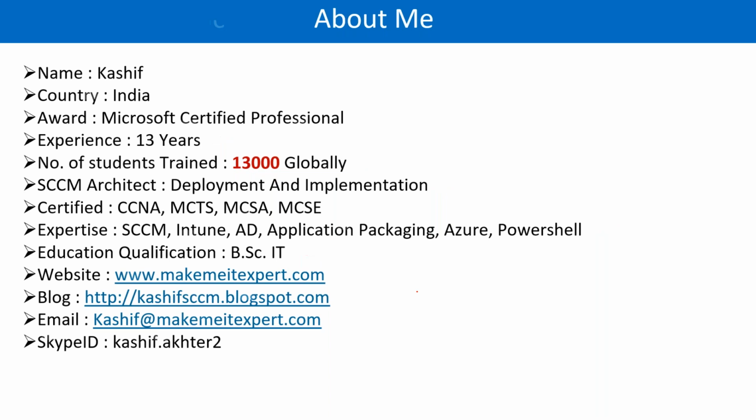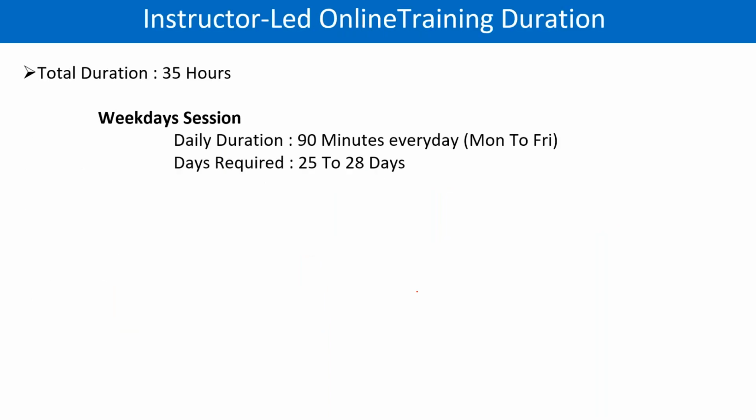Let me take you to the next slide, which talks about the duration of this training. So we will be doing 4 weeks training. Okay, this will be 4 weeks training, complete 1 month. So Monday to Friday. India time 6:30 a.m. to, sorry, not 8. 6:30 to 7:45. Some days we might go up to 8 o'clock. So let's keep it 8. Okay, 1.5 hour session. That is India time.